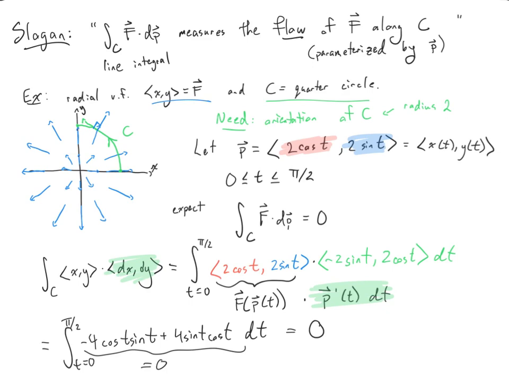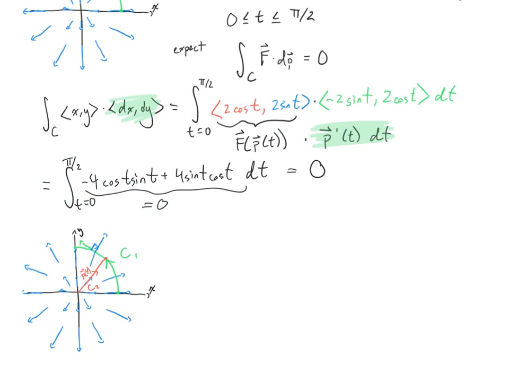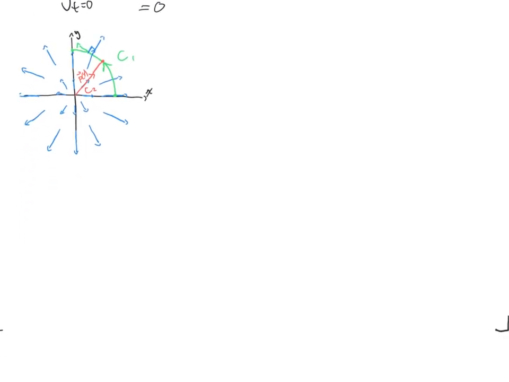Let's also compute the flow along a different path, one that's not a piece of a circle, so it's not entirely orthogonal to the field. So let's make this new path. I'm going to scroll down and copy this. Okay, so our new curve is going to be this red radial curve. I'm calling it C2. C1 had radius 2. So for C2, our parameterization, let's call this P2